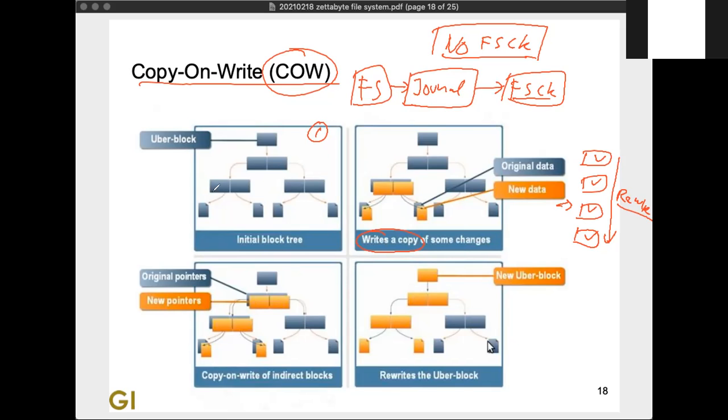ZFS, okay, so this is the original block. The ZFS file system, sorry, does not rewrite the old block. Instead of rewriting, they write in another block. So this is the old block, and they write in different blocks. After you finish, you change the pointer from here to here,